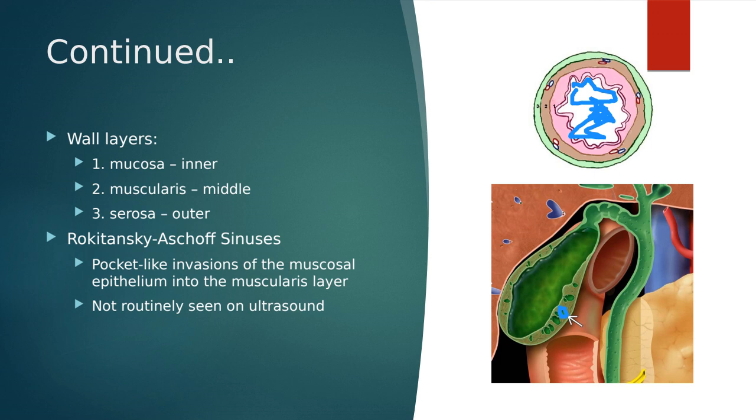Between our inner mucosa layer and extending into our muscularis layer, we have these little pockets that hang out between the two. So there are these little pockets of mucosal layer that extend into the muscularis layer. And these are going to be our Rokitansky-Aschoff sinuses. We don't see these on ultrasound, but they love to ask this question on your abdominal registry. So make a little star, make a little note that you have to be aware of that in terms of